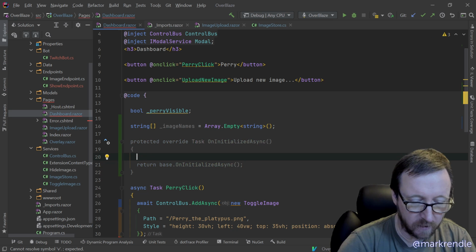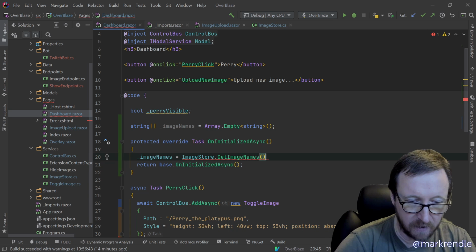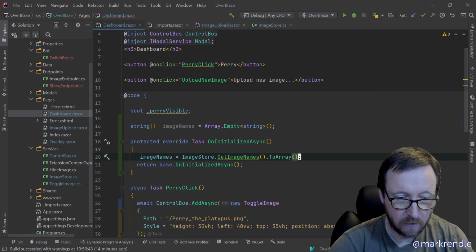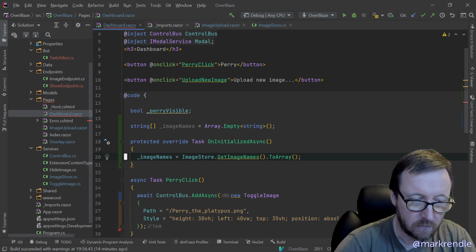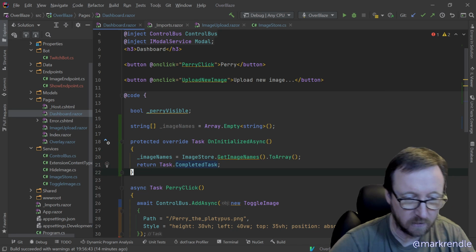And then we're going to say underscore image names equals image store dot get image names dot to array, return task dot completed task,